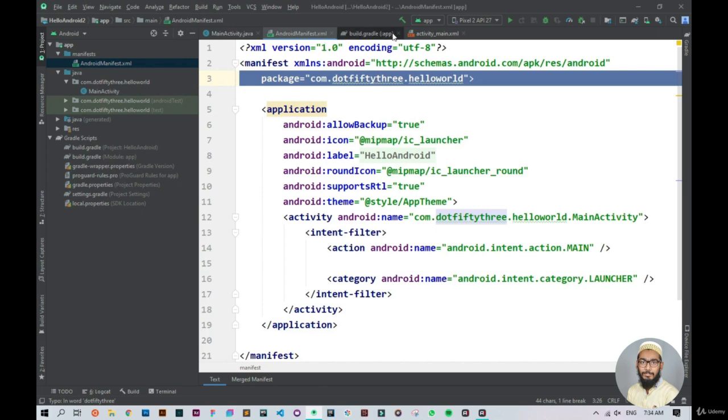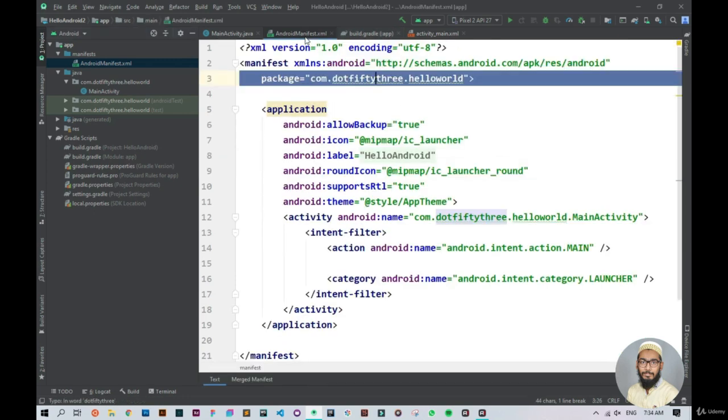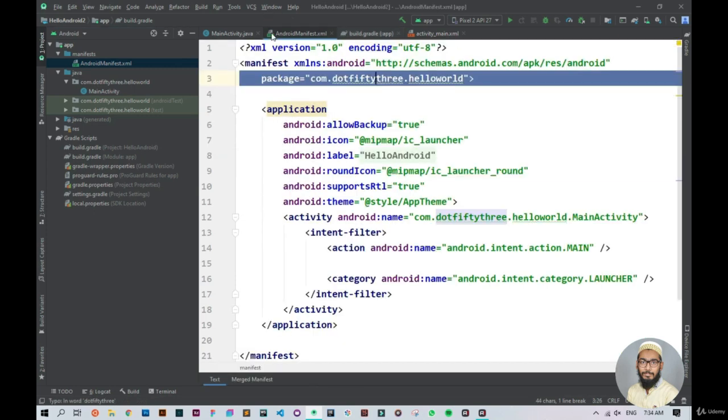Now if we take a look at my package name, the application ID is still com.53.hello Android, which is different from the Android manifest package name. Okay, so now if I want to add another activity to my application, I first need